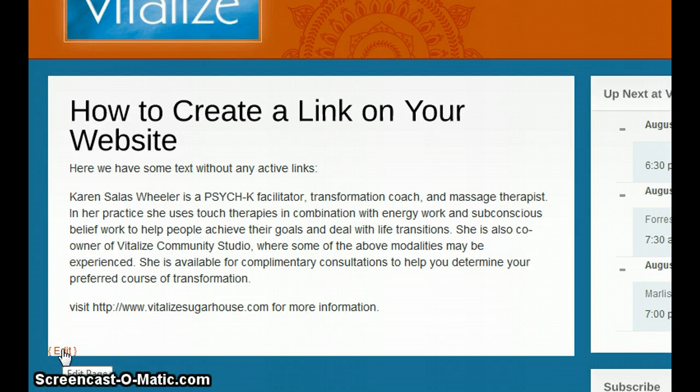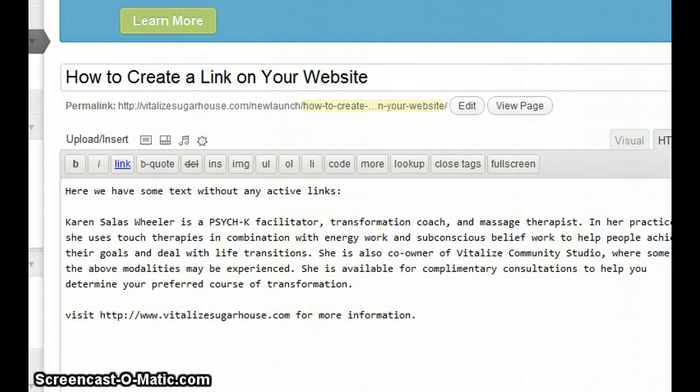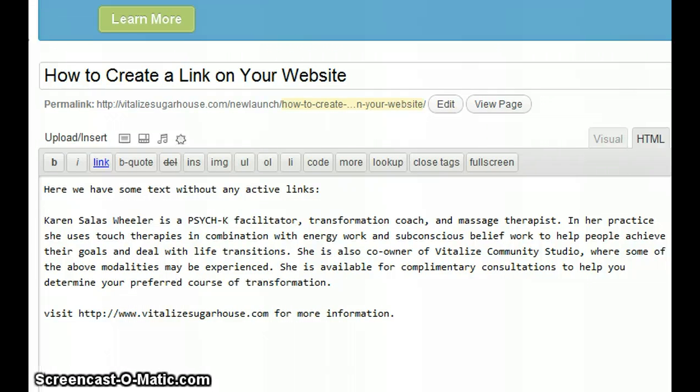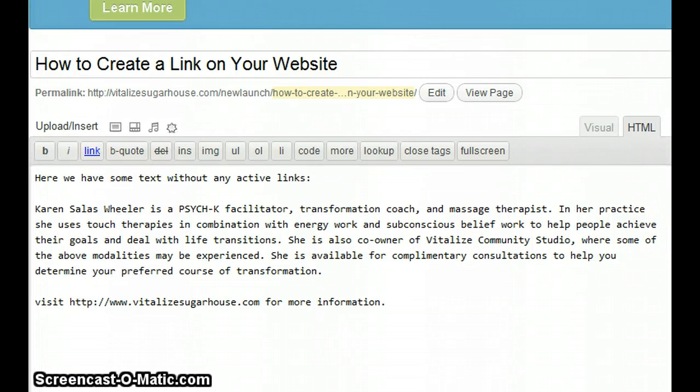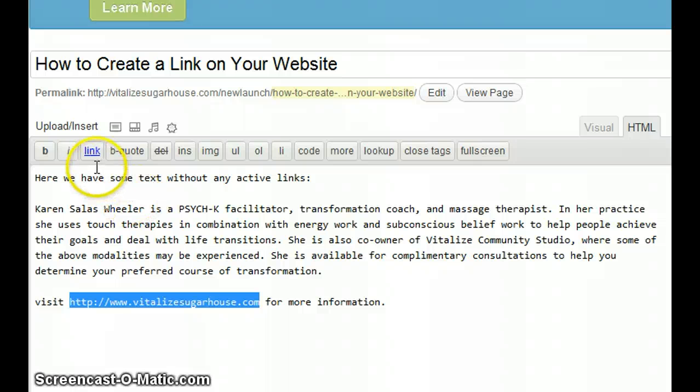We're just going to jump on over to my WordPress interface here, and every link needs two things. We need a destination URL or a website, and we also need some text that's clickable. So let's just take our URL down here, and I'm going to Control C to copy it, and the key here is this button that says link, and most editors you're going to be using are going to have something